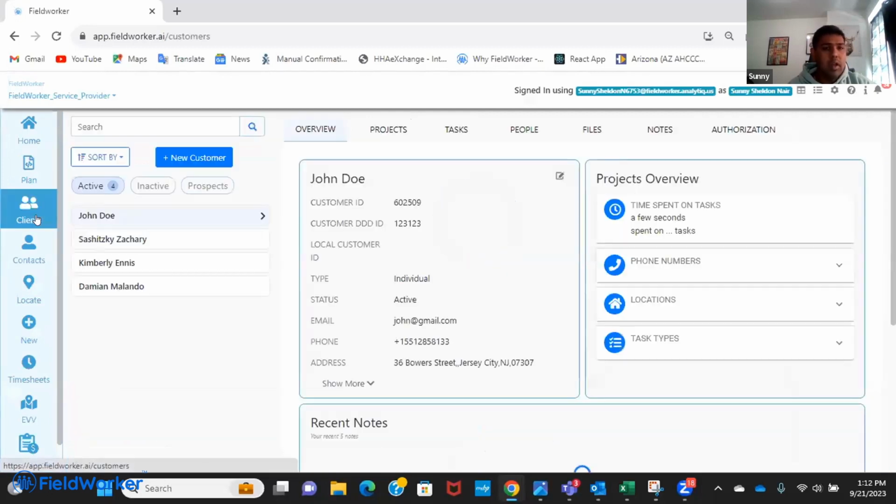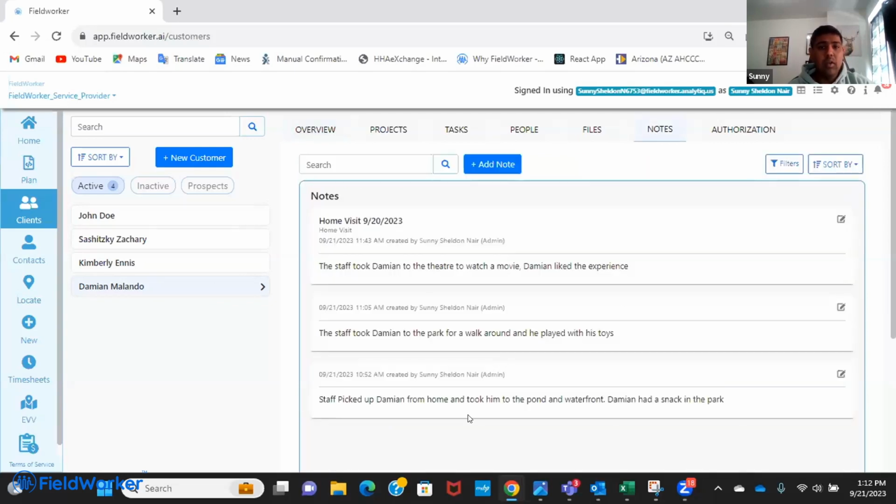Coming to the client tab, this is the centralized location for all your client information. It shows the different projects your clients are associated with, the different services or tasks that would be performed for your client, as well as different employees associated with the client and family members who can be added as a contact in the system and associated with the client. We also have the notes. So we know case notes is a very big aspect of service providing. So we have case notes, which can be added in and associated with different services. So you would then have access to this in the client dashboard.